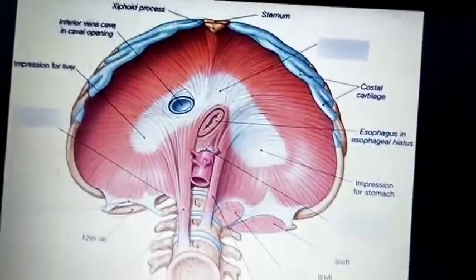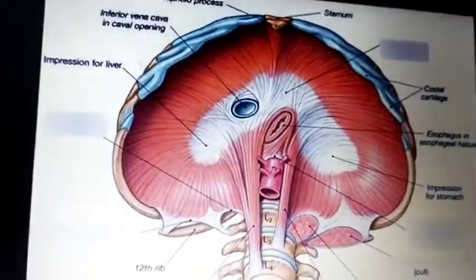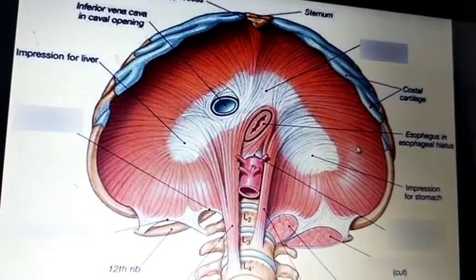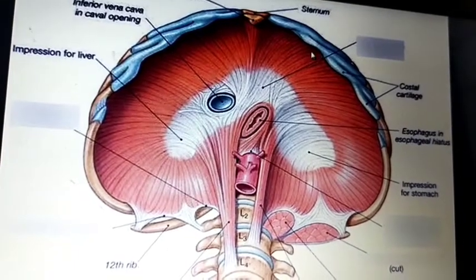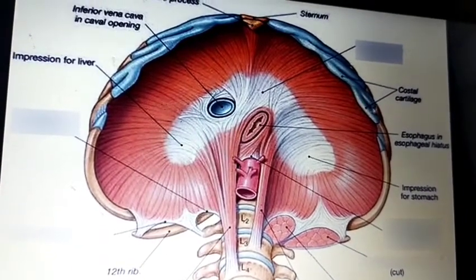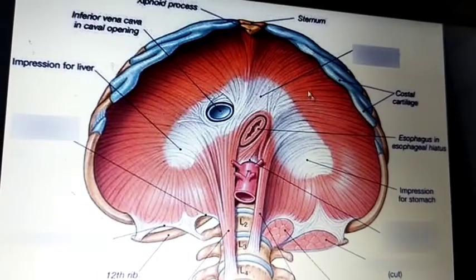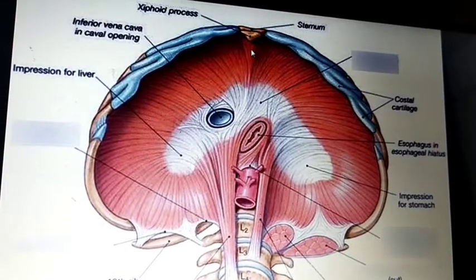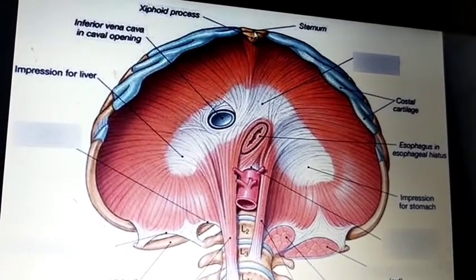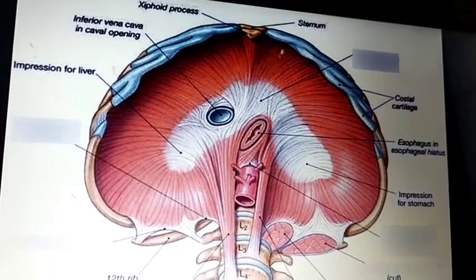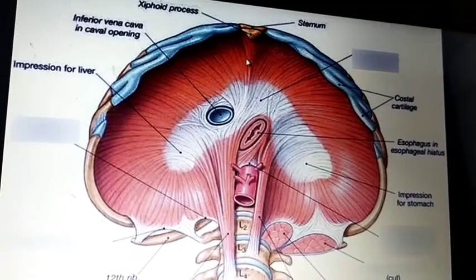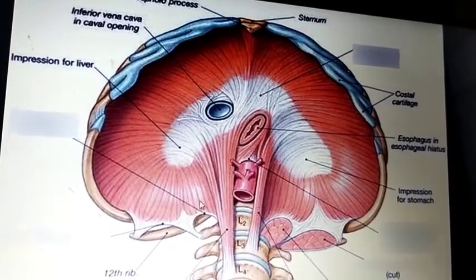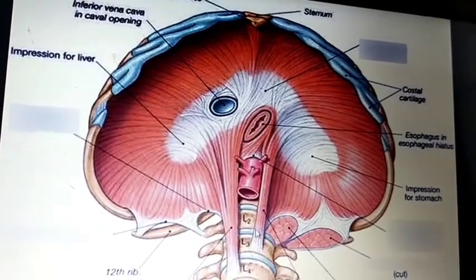What are these called? Costal origin. You can see these are the inferior border, these are the costal or ribs. This one part is called the costal origin of the diaphragm, and this is the xiphoid process or sternal part. This one is called the sternal origin of the diaphragm. Here also you can see this is costal. Now we can go for the lumbar origin.